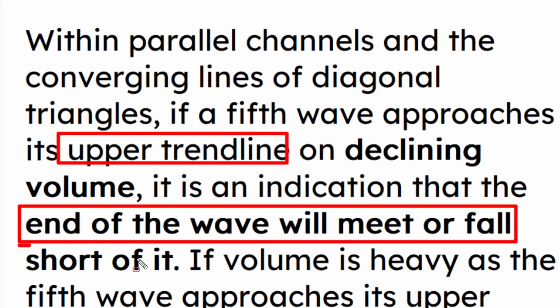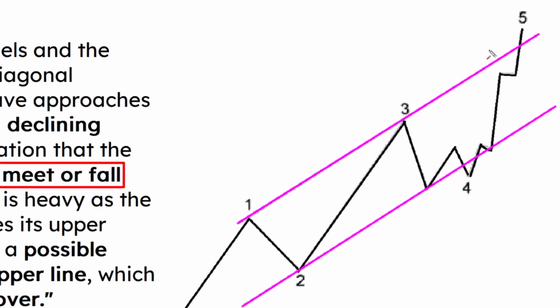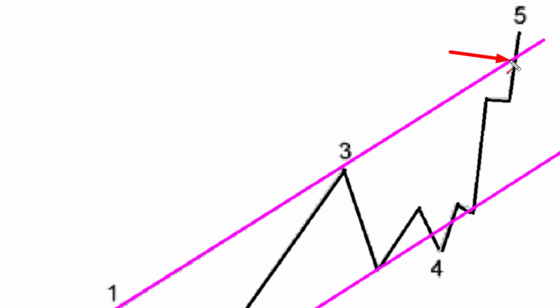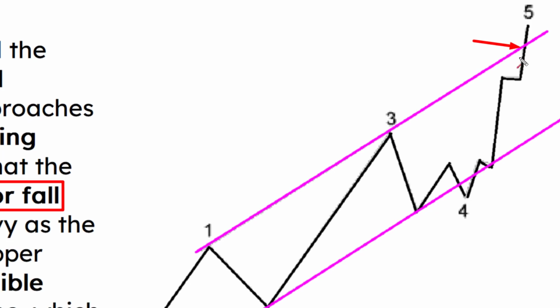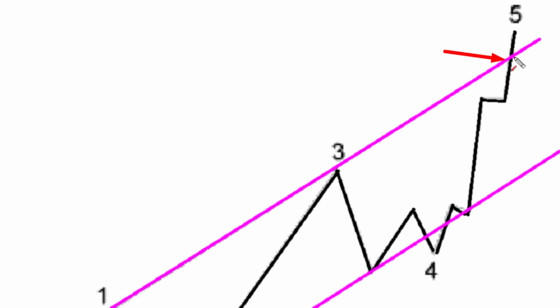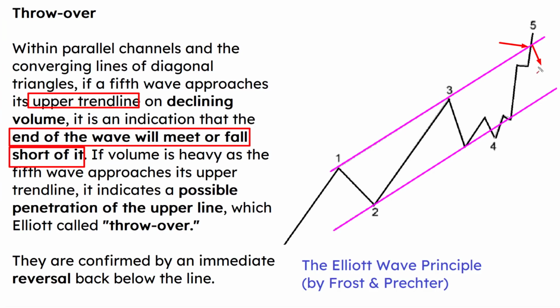So in other words, let's go on this chart over here on the right-hand side. This chart is also, by the way, from the book The Elliott Wave Principle by Frost and Prechter. They're saying that if price is rallying to the trend line resistance, like we're in right now, then it's likely that it probably falls short of meeting the trend line and probably gets rejected from it. It's more likely on declining volume. So as long as you have declining volume, then it's likely that it will fall short or perhaps just meet the level and then perhaps get rejected from that level, like you can see here.